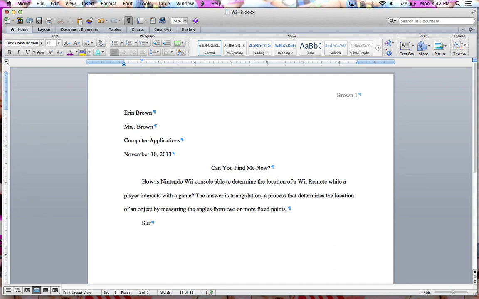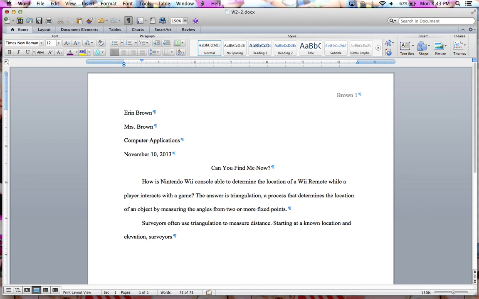And we're going to type in: Surveyors often use triangulation to measure distance. Starting at a known location and elevation,